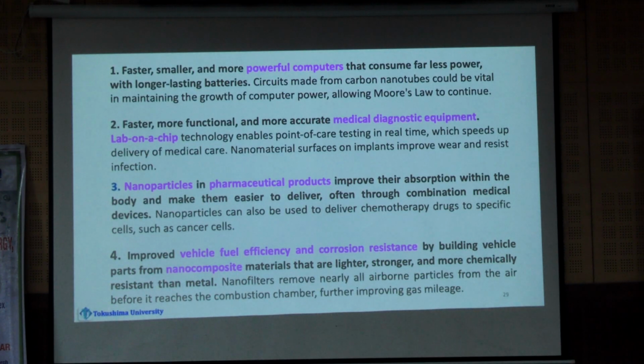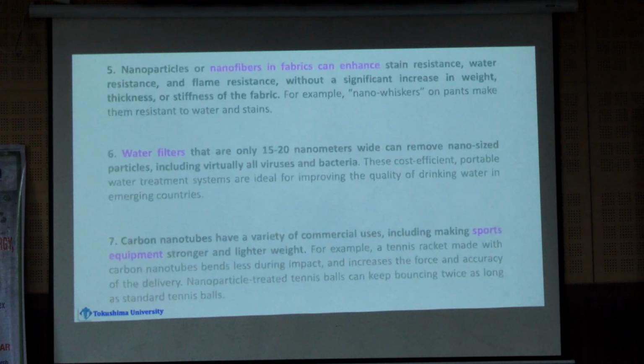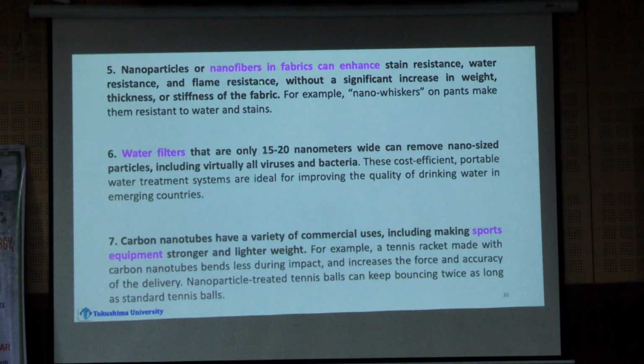A good example of carbon nanotube is making the tennis racket. There they have used carbon nanotube instead of traditional metal wire. So strength is also one of the properties that is useful to make certain devices or equipment. Then in the cloth industries or fabrics where stain resistance should be there, water resistance, like